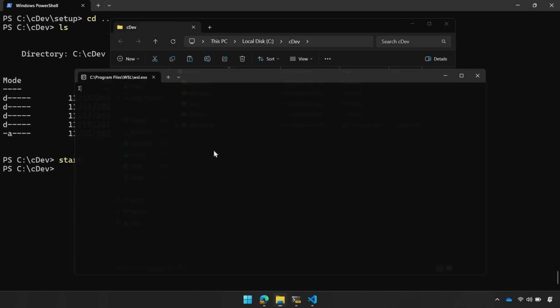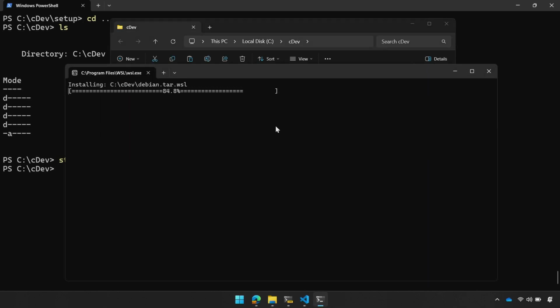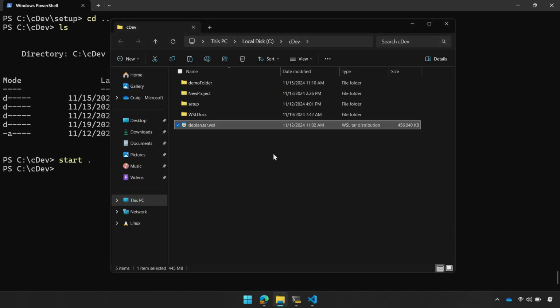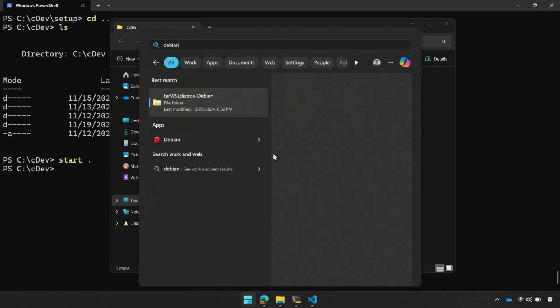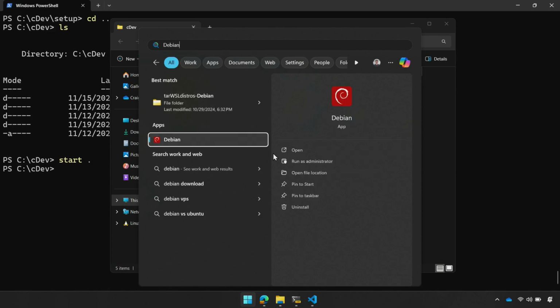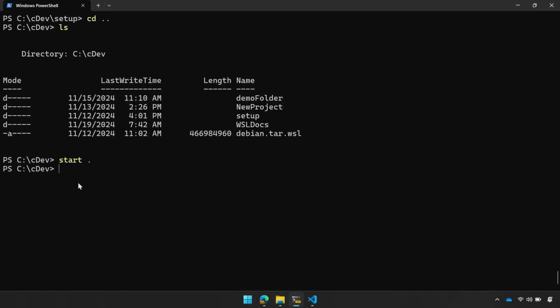I can just double click to install it, and I can install it from a network share or anywhere else on my machine. And now that it's installed, I haven't run it yet. And so I've installed it. Here's where it is on my start menu, but I haven't actually initialized the distro. What we can do is run, I'm going to target Debian, the distro I just installed, with wsl -d. And then I'm going to run apt update. And I'm going to run apt install vim.